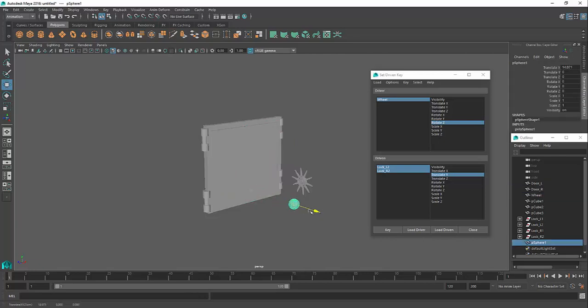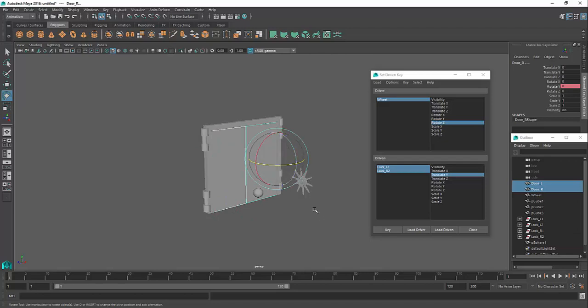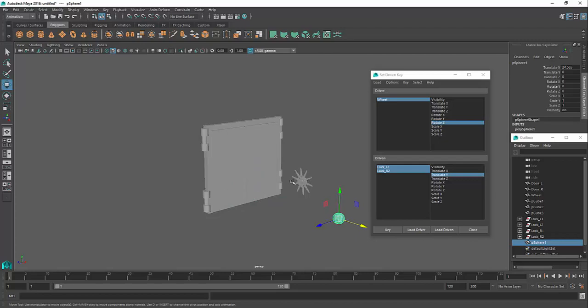For example, this is translate, just look here, translate X. So in this example, when it reaches a translate X value of nearly 4, these two doors need to rotate in, for example, yes, Y axis. That's it. So this is going to be the driver and these two guys are going to be the driven. So it's up to your imagination. You can do magic with set driven key, and this concept is used widely when it comes to animation and rigging. Hope this tutorial helps you understand the basic concept behind the set driven key